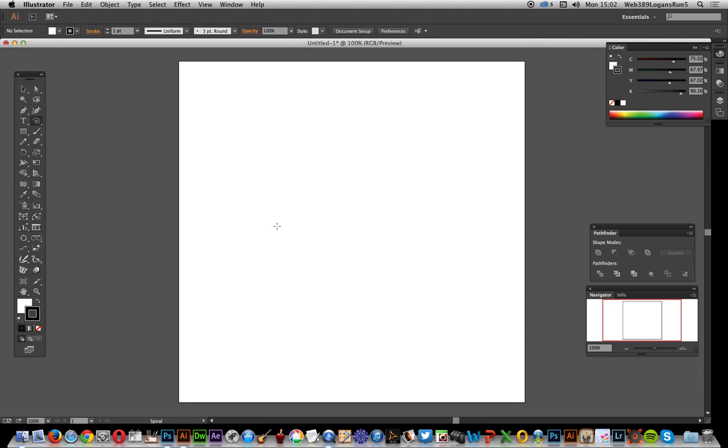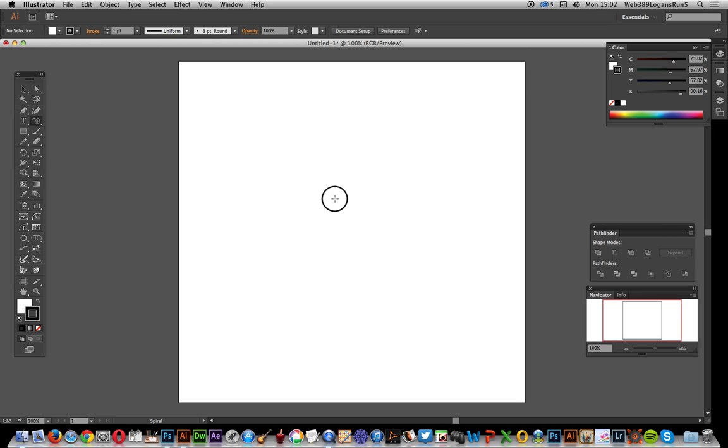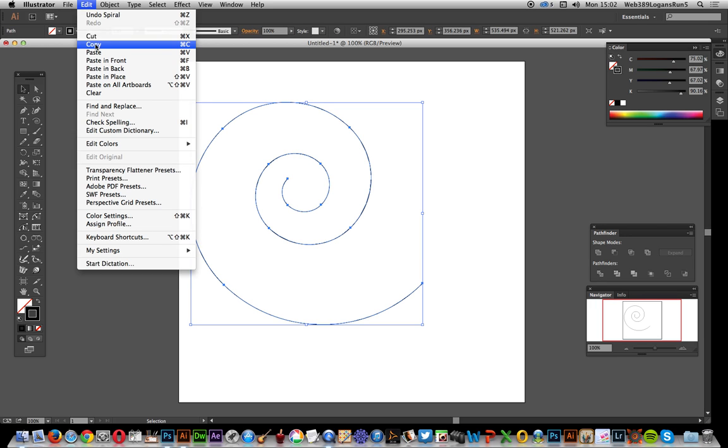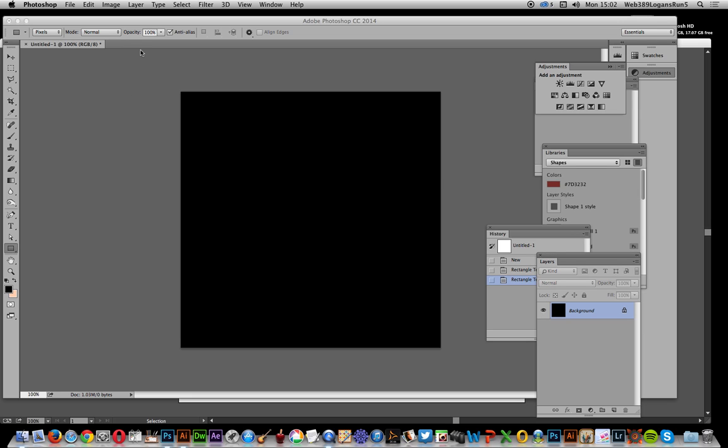I'll show you that you can use paths from Illustrator with the new Flame feature in Photoshop CC 2014.2, the October release. I'm just going to go over to the spiral tool in Illustrator. There's a spiral tool there, and just create a path and just do Edit, Copy, and then go over to Photoshop